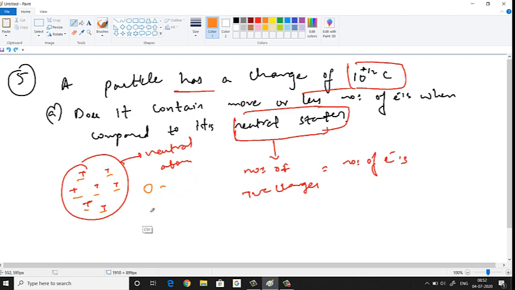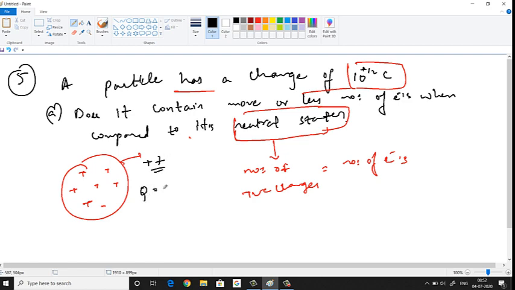But if I remove, say, these electrons, all the electrons I am removing. How many? 1, 2, 3, 4, 5, 6, 7 electrons I am removing. Okay. Now what is left here? If I remove 7 electrons, is it still neutral? No, it's not neutral. Then what is there? If I remove 7 electrons, now I have only positive charge. How many? 7. So we have plus 7 positive charges.